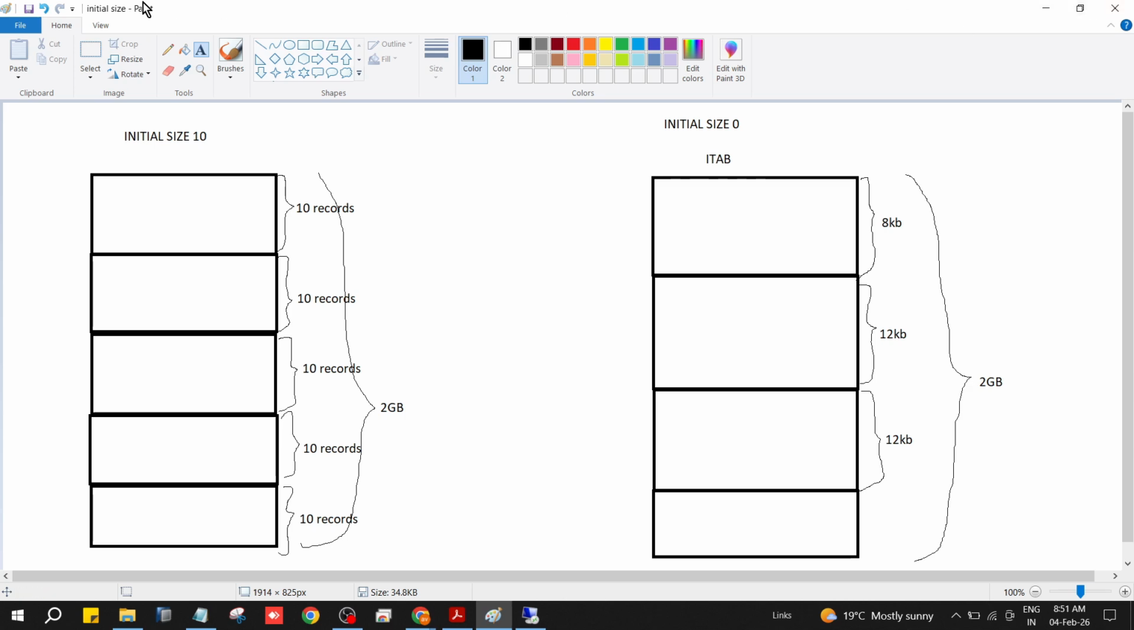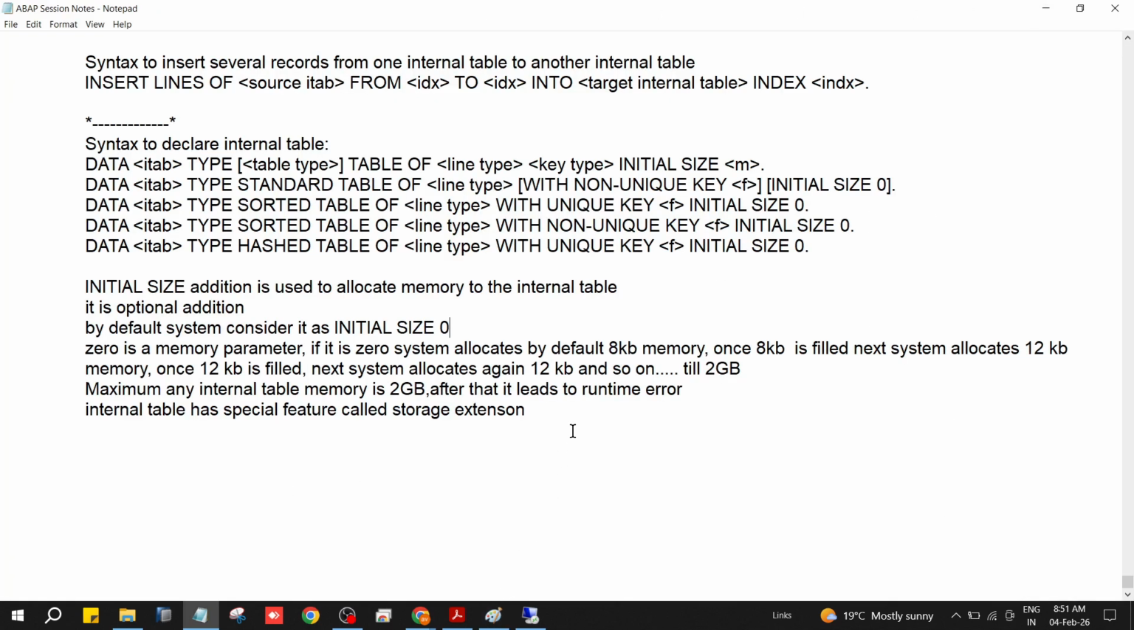Otherwise, if you want to leave this option to the system, leave it as 0, and let the system take care of the initial memory part. Hope you are clear with this. The last statement I'll type here so that we don't miss any discussion. Even we can specify